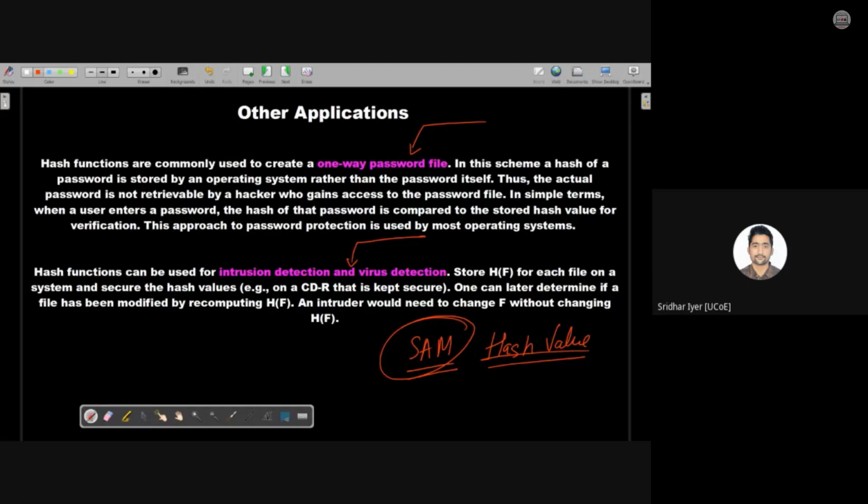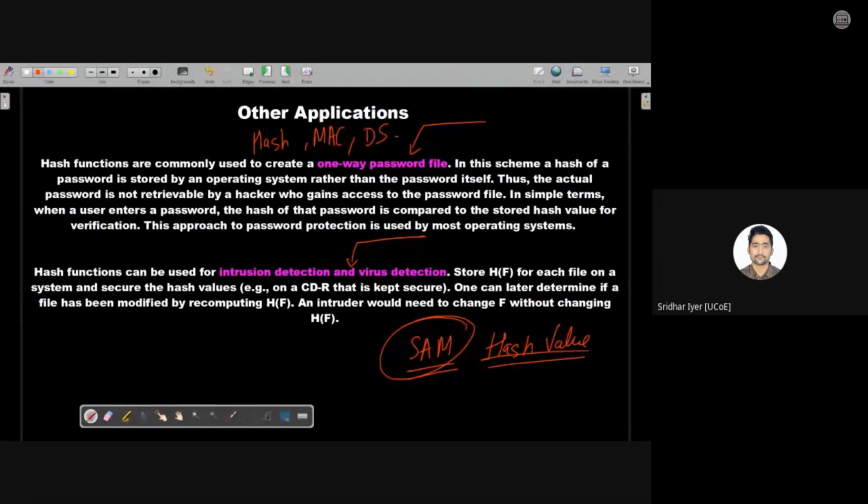अगर आपको directly database का access मिल जाता है using any of the attacks, then आपको तो simply उसका password मिल जाएगा attacker का. But in Windows OS or any operating system which is making use of hash values, what they do is instead of storing the password, वो आपके password का hash store करते हैं. Am I clear? Is it clear? This is one of the first applications of hashing, message digest, or we can say MAC. तीनों का same applications है. We can say hash, MAC, or digital signatures.